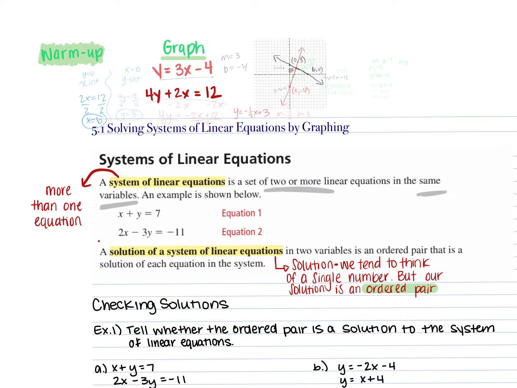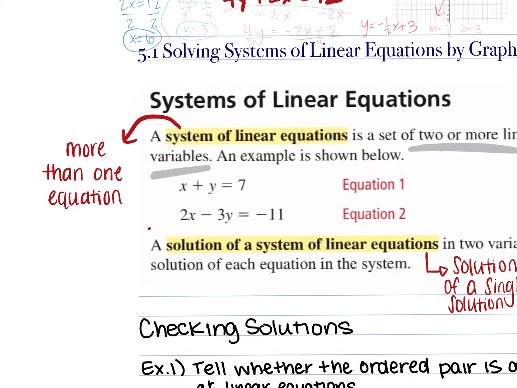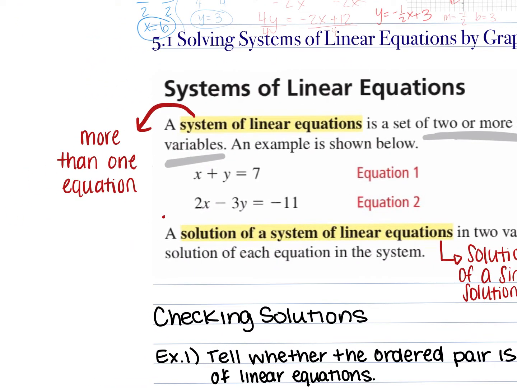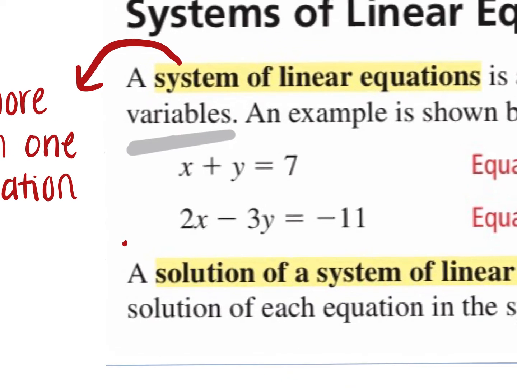They have to have the same variables, okay? Now, another example of a system of equations is given down below. It's a system of equations because how many equations do I have? 2. And what are the variables in each of them? X and y, okay? So as long as they involve the same variables and there's more than one equation, it's a system of equations,